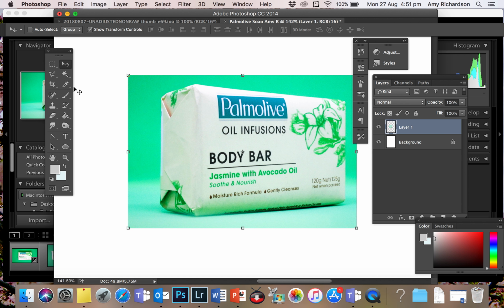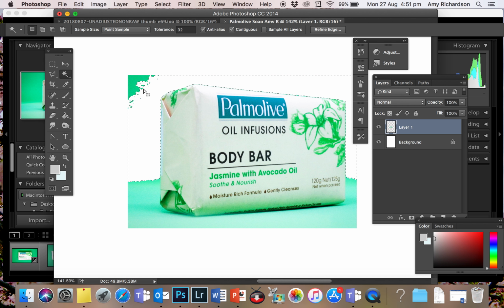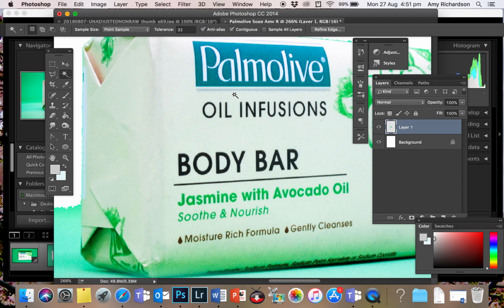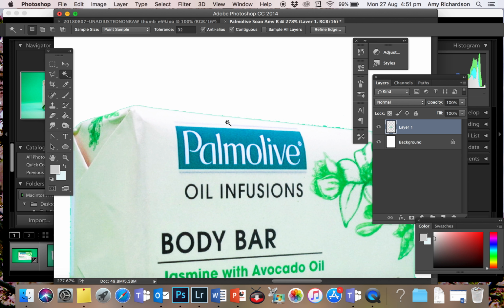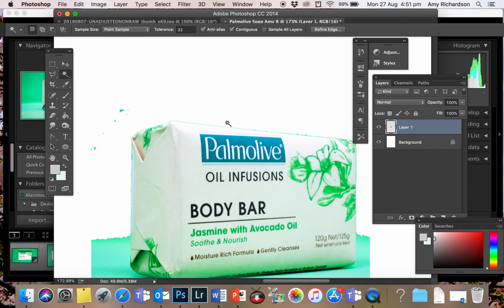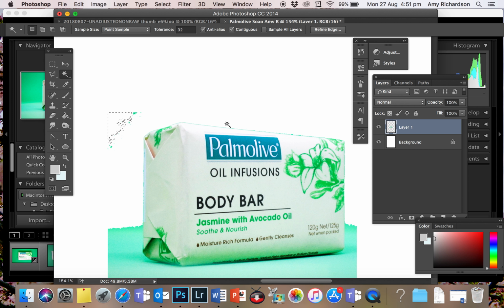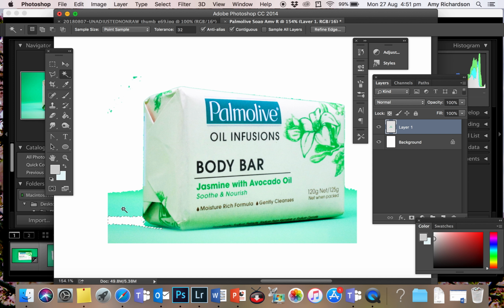Probably the easiest way for me to do that is to go to the Magic Wand tool. And remember, if I click on the background, it will pick up all the pixels that are similar, enable me to hit delete on the keyboard, and it will get rid of them in one hit. Now, you can see that when I do this, there is this really thin green border around my product, which I don't want because that's going to show up against my background. So using this tool is sometimes not perfect. It's really good at getting rid of large chunks, but you are going to have to tidy up your product